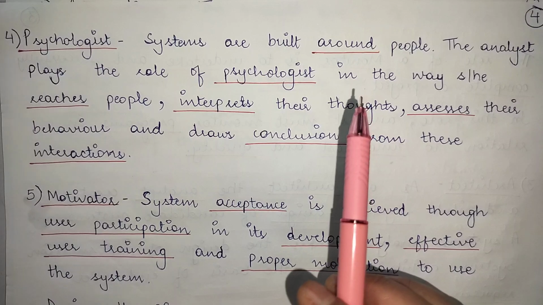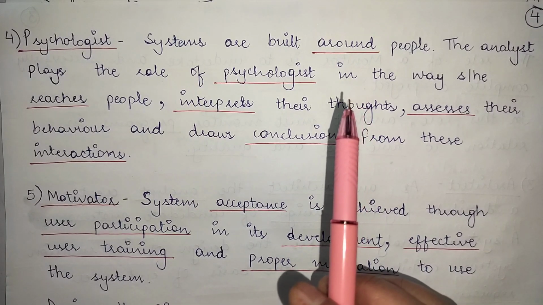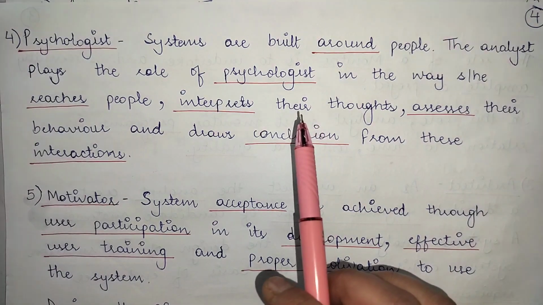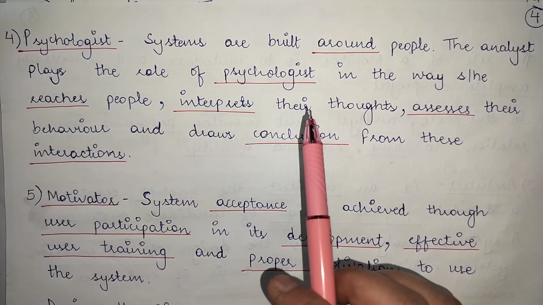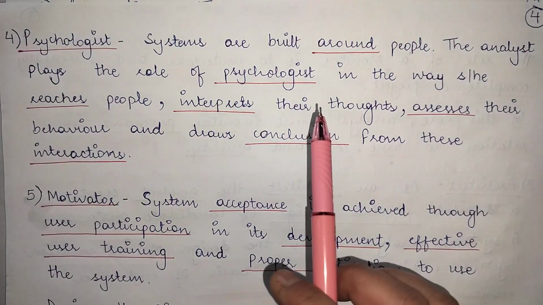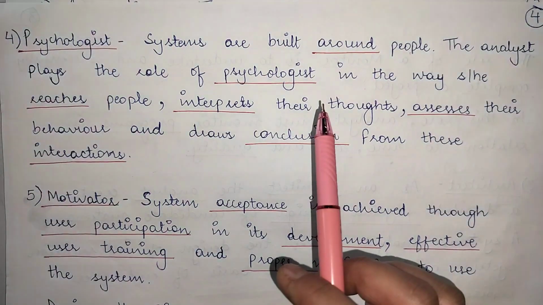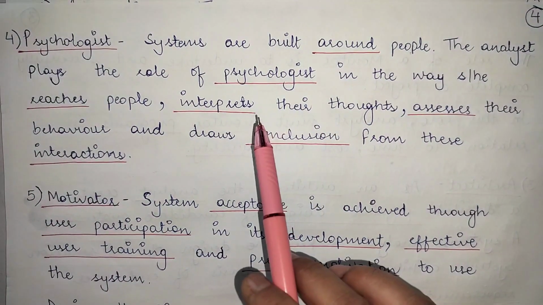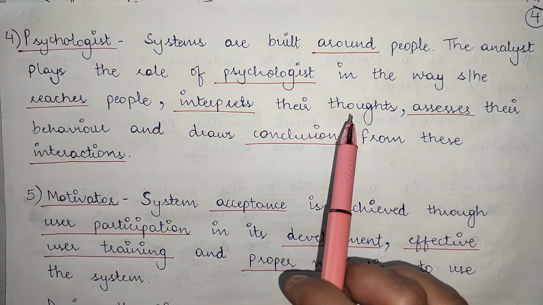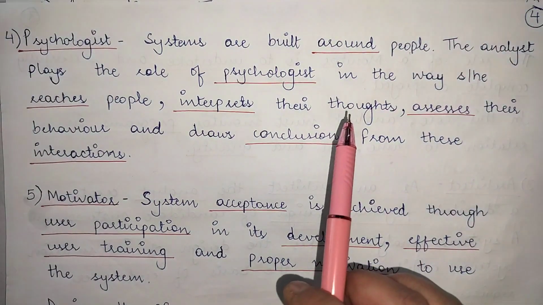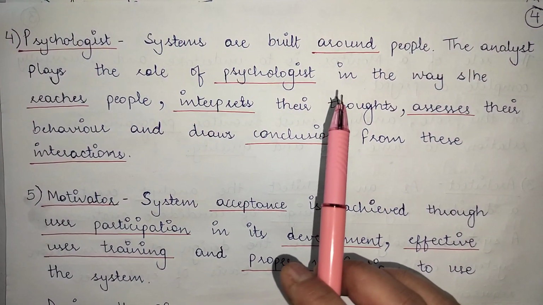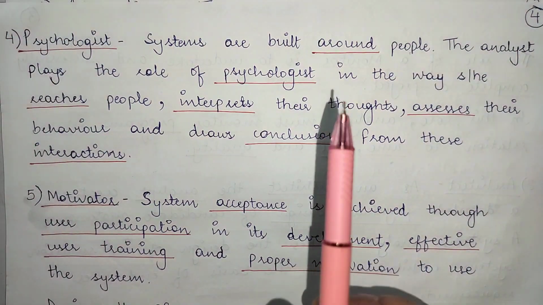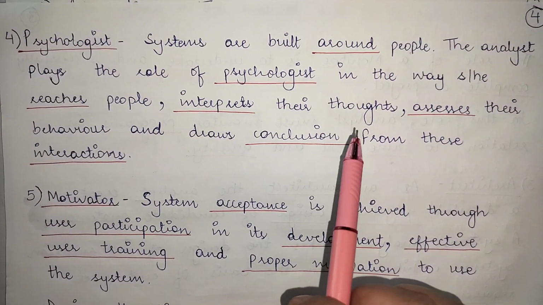their mind regarding their requirements, how he takes out facts, data and requirements from the people, how he interprets their thoughts, what the people think about the organization. Interpreting those thoughts is also a skill which not everyone is capable of. So interpreting the thoughts of the users and then concluding from the interpretations that okay, these are the requirements, or this is what the end users will be comfortable working with, or this is what the end users want, assessing